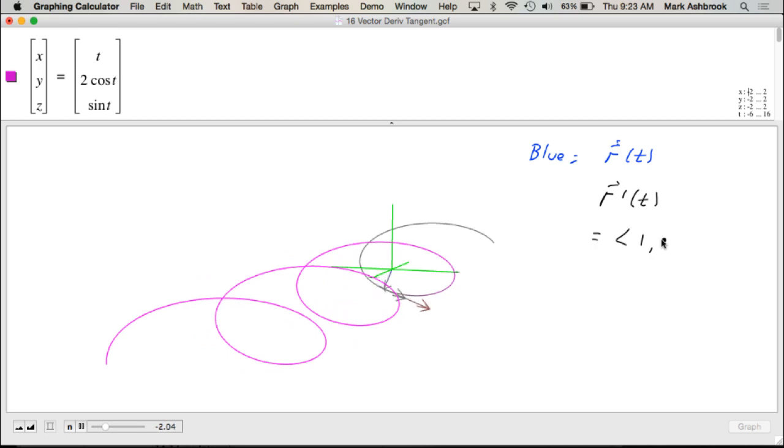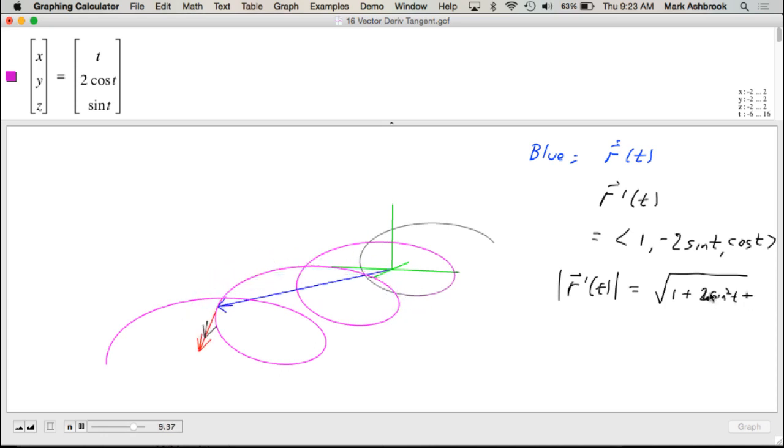1, -2 sine t. Now, what is the magnitude of that? It says bigger or less than 1. So the magnitude of that is the square root of 1 plus 2 sine squared. 4, I was just testing you. Plus,